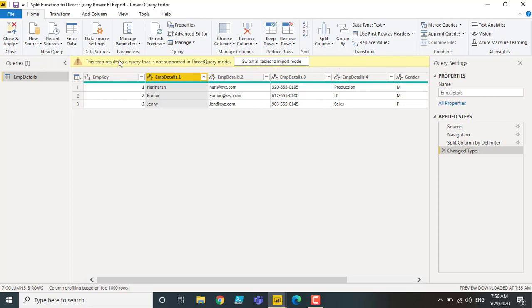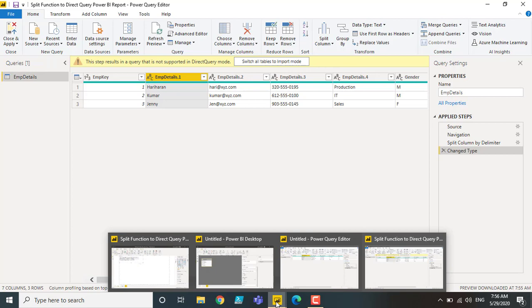That's why we are getting this error message. So we cannot use this split column by delimiter function when we have direct query reports. Then how to achieve this? We cannot achieve this in the Power Query layer, so we need to go with the DAX layer. This is one of the drawbacks when we have direct query based reports.